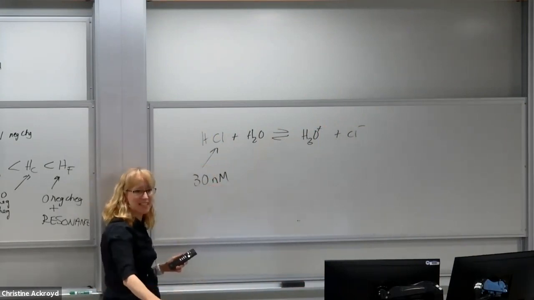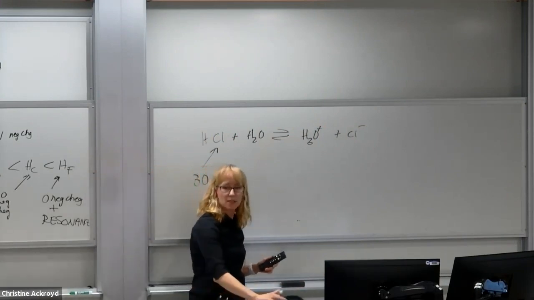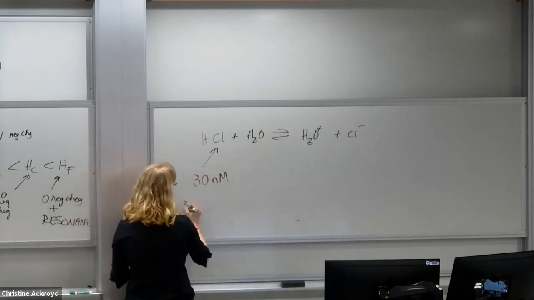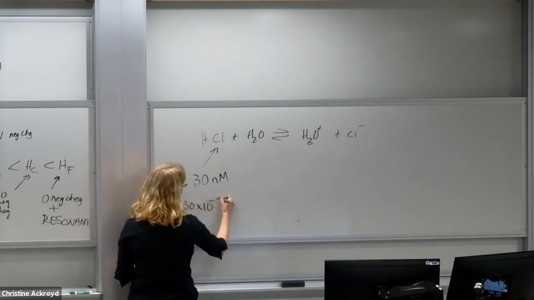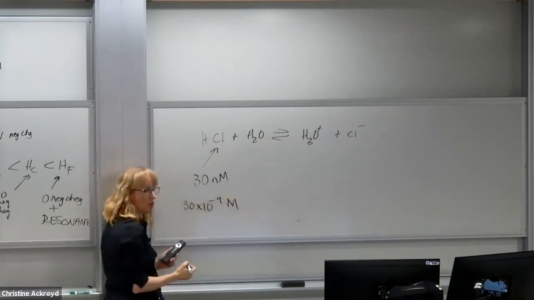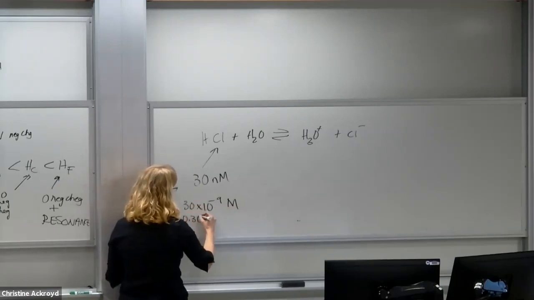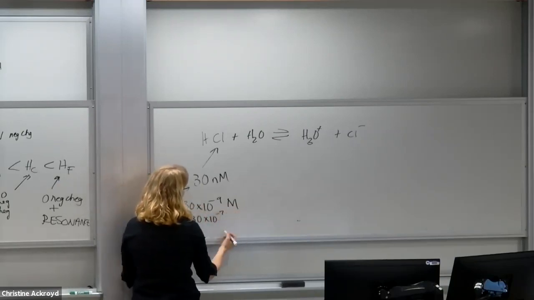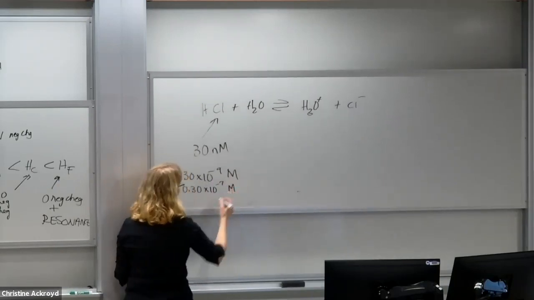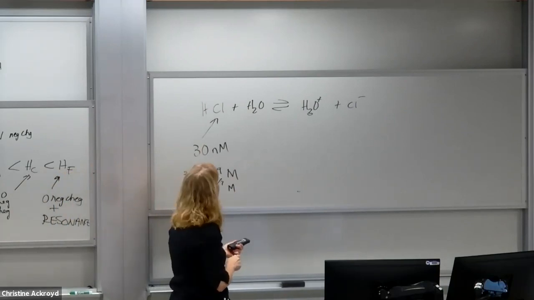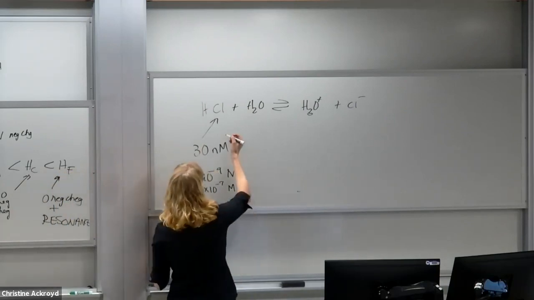Remember what the prefix nano means? 10 to the minus 9. This is 30 times 10 to the minus 9 molar, or 0.3 times 10 to the minus 7 molar. Okay, put that in context with